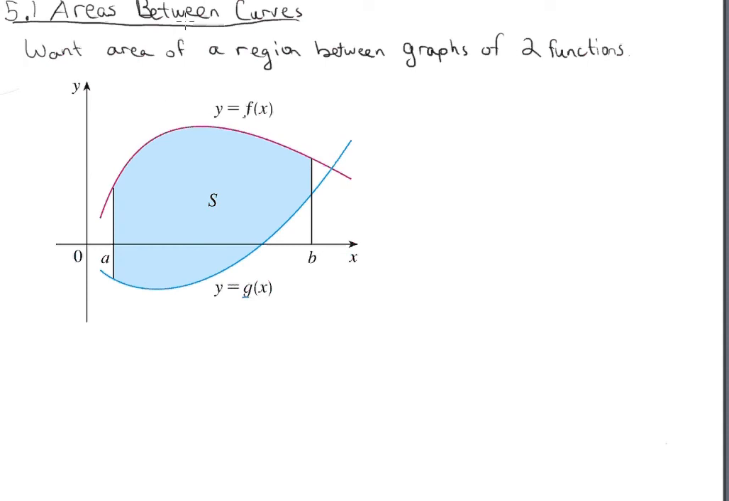Now I want to figure out how to use integrals to find the area of a region between two curves. So instead of a curve and a straight line, we've got two curves. The top one here is f of x, and the bottom one here is g of x, so the top one and the bottom one. And we need to find this area S, right? So how are we going to do that? Well,